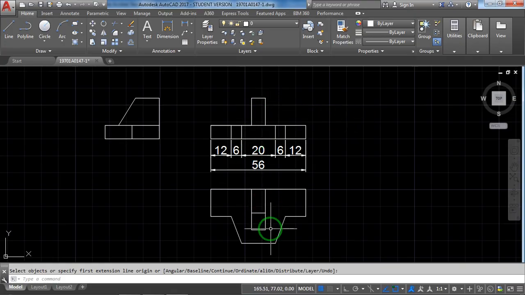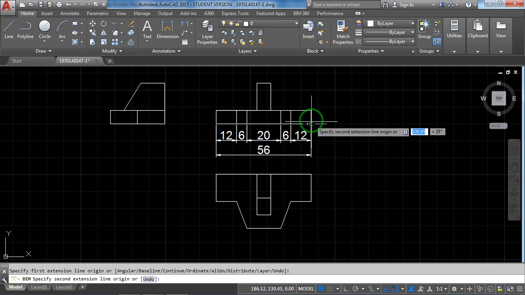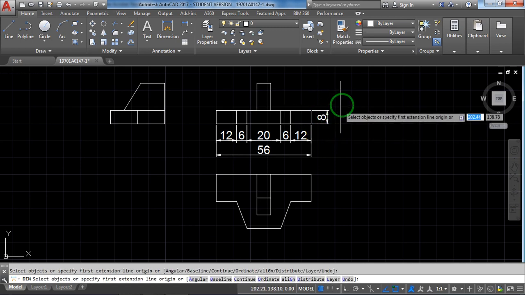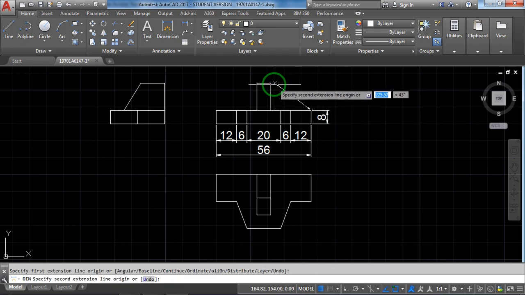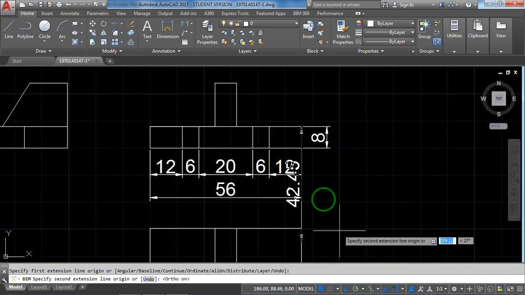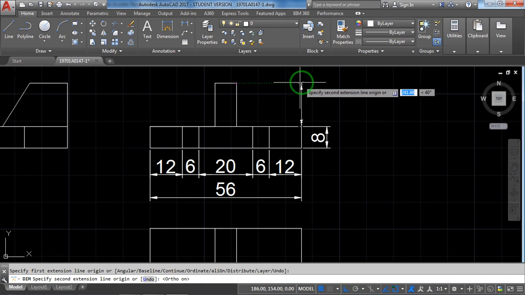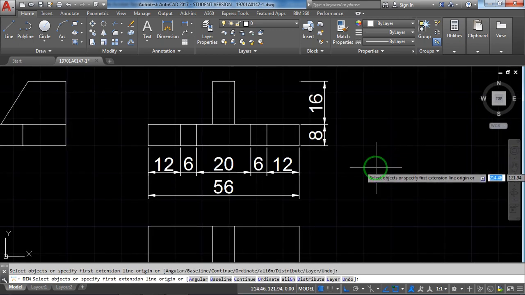The same dimensions are repeating here, so I can use this particular place. So same dimension, enter, height from here to here, same from here, height 16.